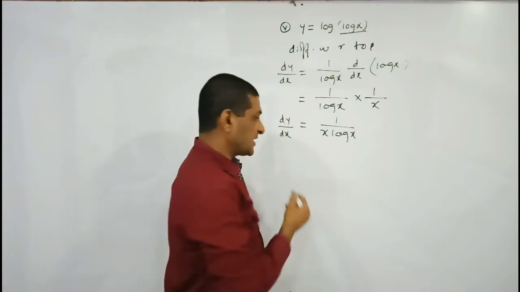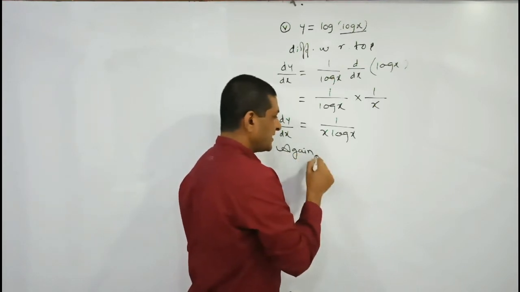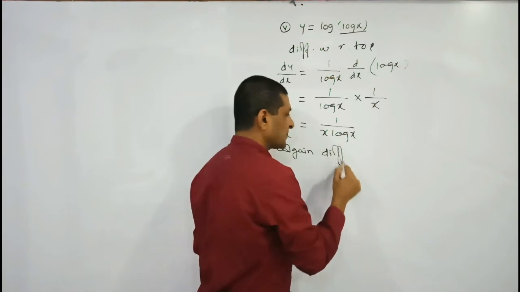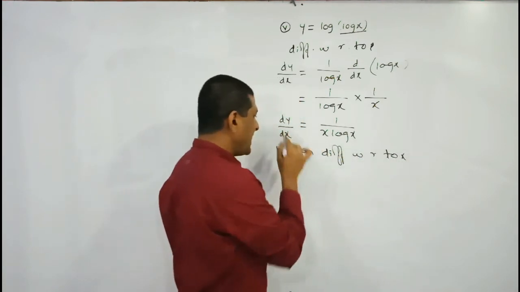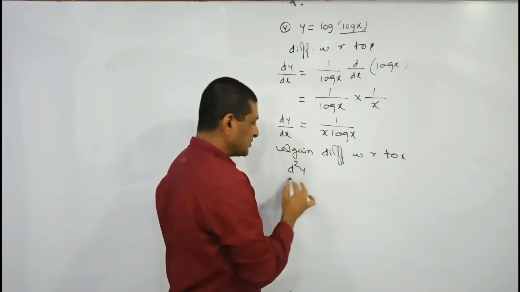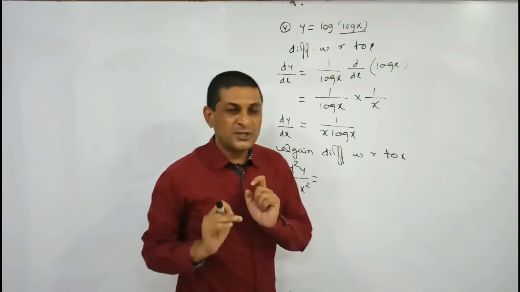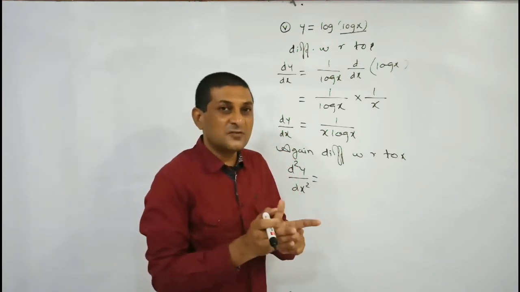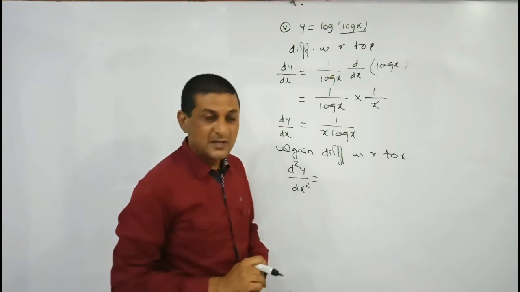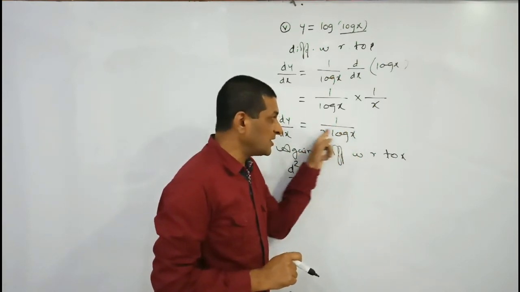The question is to find the second order derivative. So that's why we again differentiate it with respect to x. The derivative of dy upon dx with respect to x is d2y upon dx square. Now on this side, to find the differentiation, first we have to observe which standard formula the given function is in the form of. So here it is in the form of 1 upon f of x. Consider this whole term as f of x.